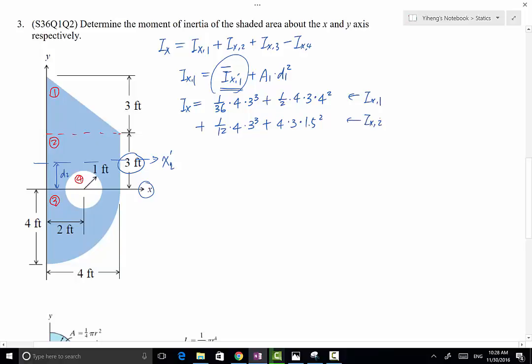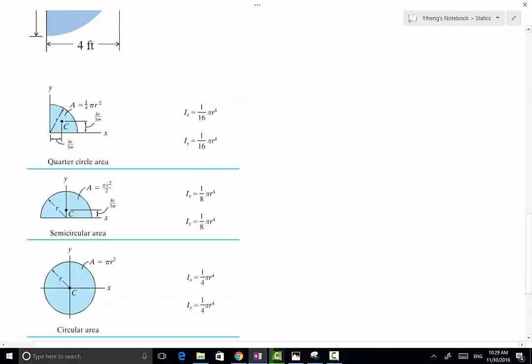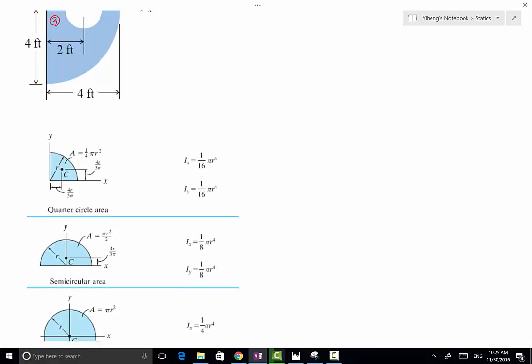Moving on to our next one, that will be for the quarter sphere. For that, again, we're going to look at the formula right here. However, if you pay attention to this right here, you see that the given formulas are with respect to the x and y axes, which are not centroidal axes. In other words,